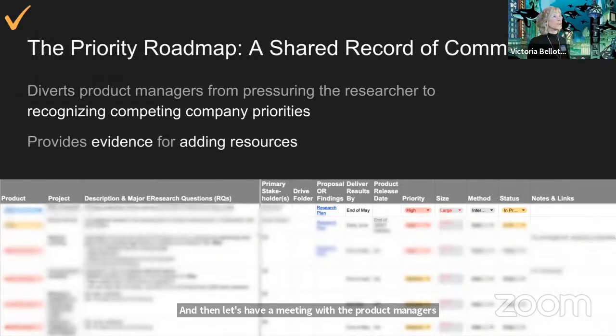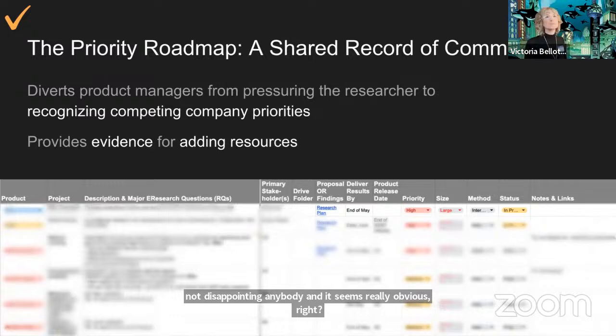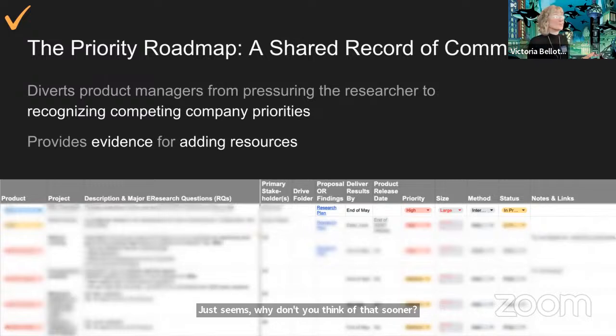Product managers now have their expectations set appropriately. They can't have everything all at once, and they've agreed who's going first and how long it's going to take. And now I'm much less stressed and I'm not disappointing anybody. It seems really obvious, right? Why didn't you think of that sooner? But I didn't, and maybe other people will benefit from that. It's like externalize your problems. If you feel like you're working super hard and nobody's appreciating it, make that visible, because I think it will